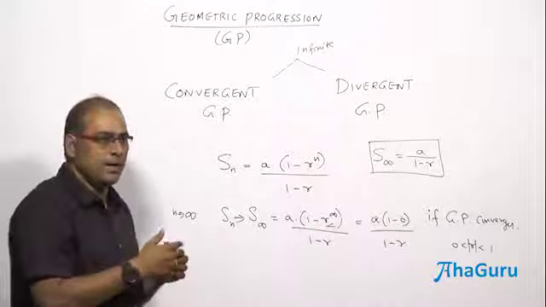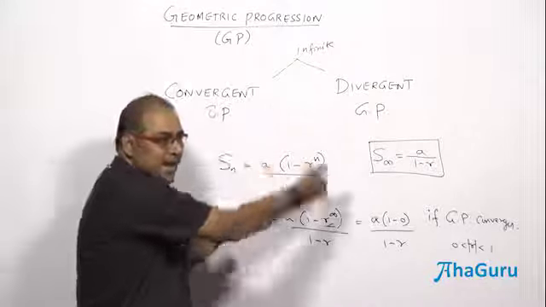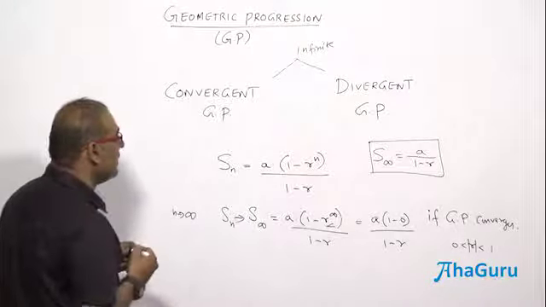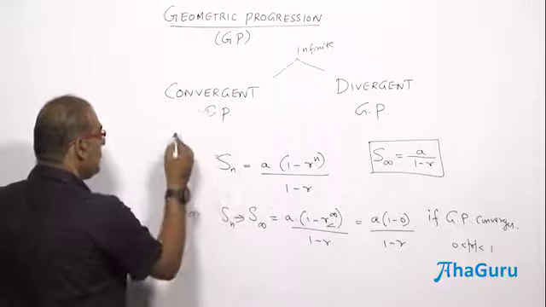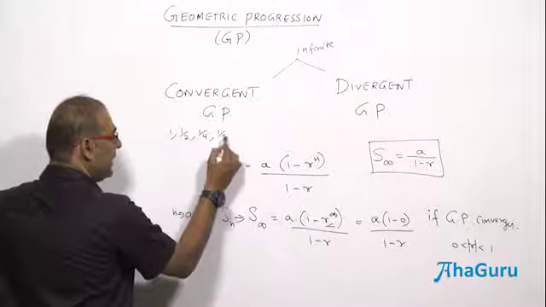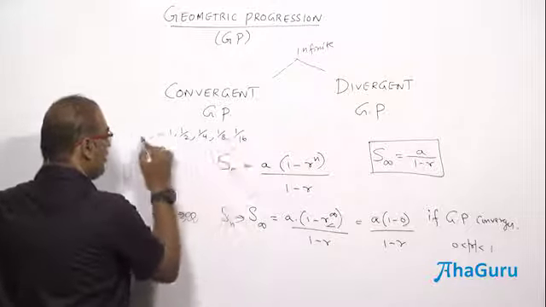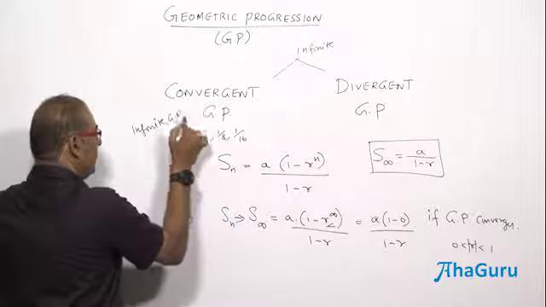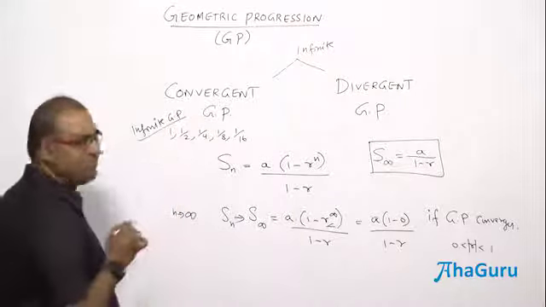So you can directly apply this, or you can do whatever we have done in the derivation. But like we did S, again we write that S only if it is going to converge. So if I take the same sequence, which is 1, half, 1 by 4, 1 by 8, this is an infinite GP, correct? If it is an infinite GP, what is the sum?